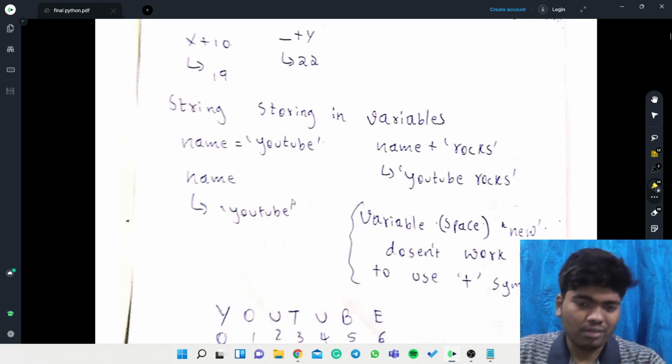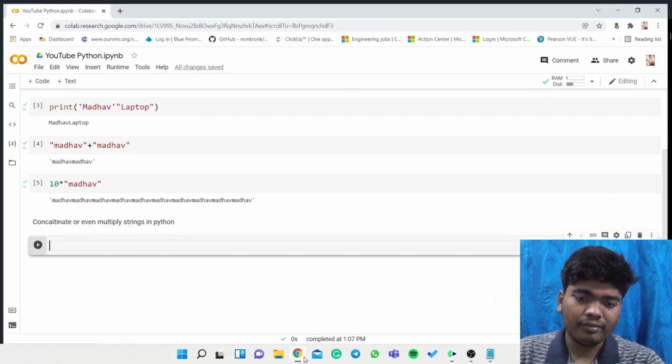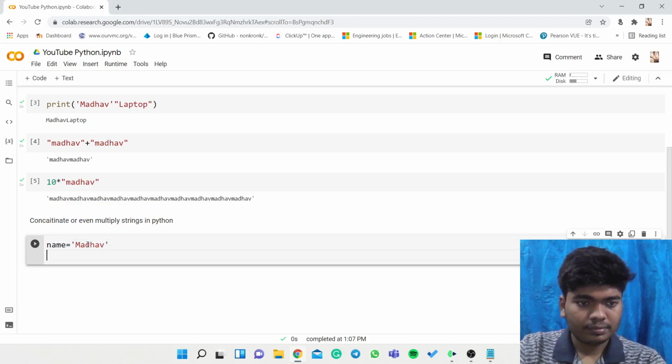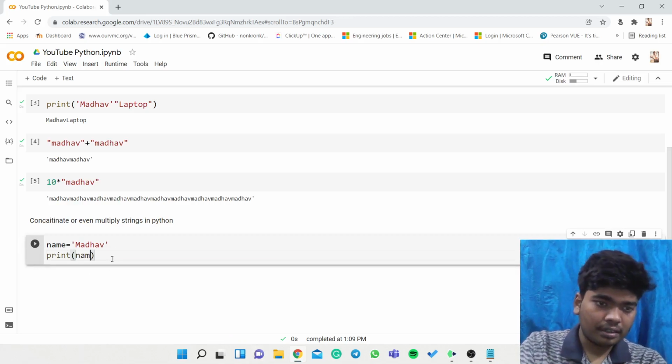I think we can also add the number, so we will just try it now. And now I will declare it as name is equal to Madhav. Okay, so print name.